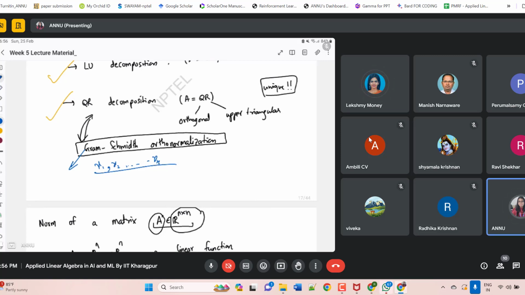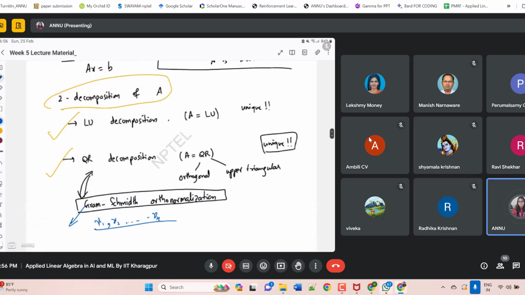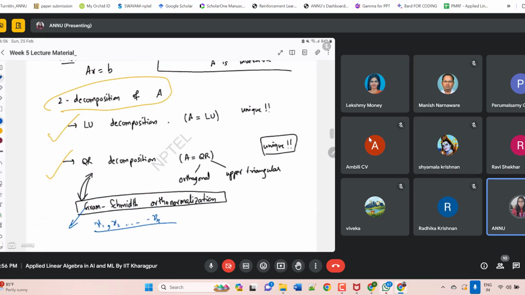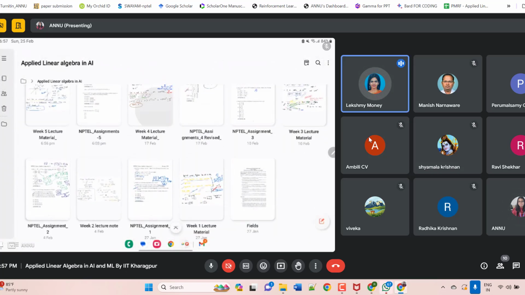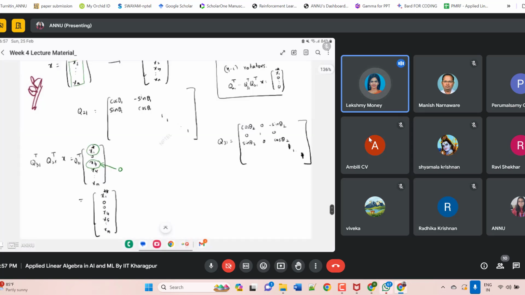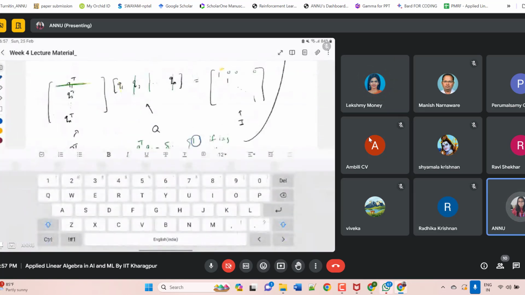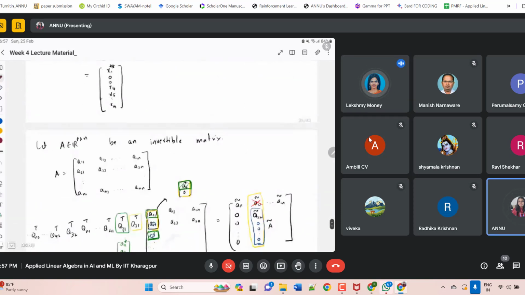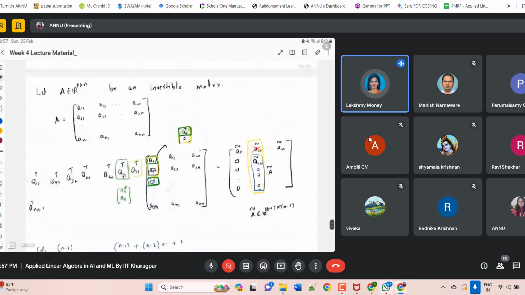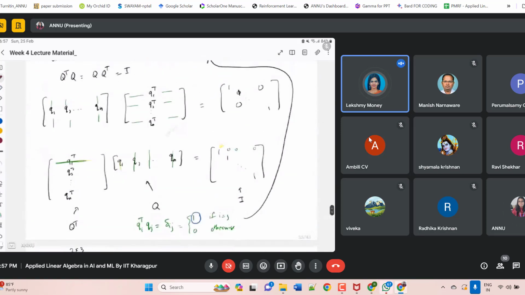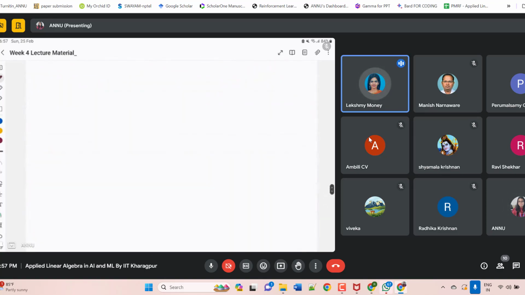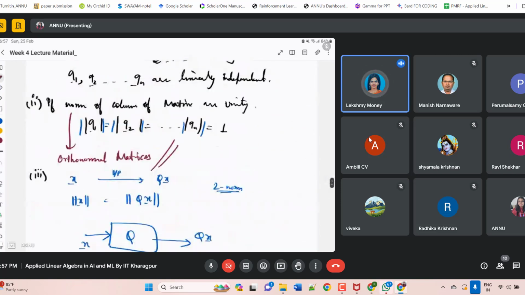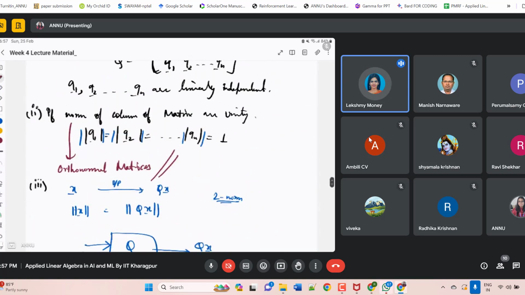I think it is unique, Lakshmi, because if you saw this LU decomposition, we'll see. Let's wait for a while. You can see this L. Because in certain cases, first they find U and then they find L. But in that case also it will be unique. Why am I telling you that? Because they assume L to be a matrix with diagonals all ones. Yes, that's true. In the other case they start with U and assume U to have diagonals all ones. So in that case, it can't be unique, right? There are many LU decompositions.